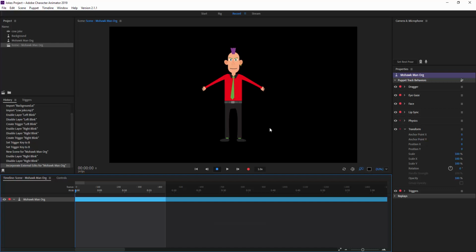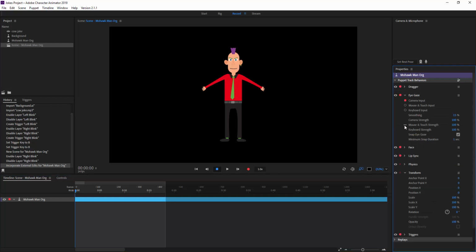The other thing I want to add here is I want to be able to control his pupils. I want to be able to make him look left and right. We can do that with the keyboard if we go over to Properties and we look for eye gaze and we open that up. And anything with a red dot next to it means that the computer is looking for that while we're recording. So for his eye gaze, let's arm keyboard input, or let's turn it on essentially. So we click on that, and what will happen is if I use the arrow keys, I can move his pupils around